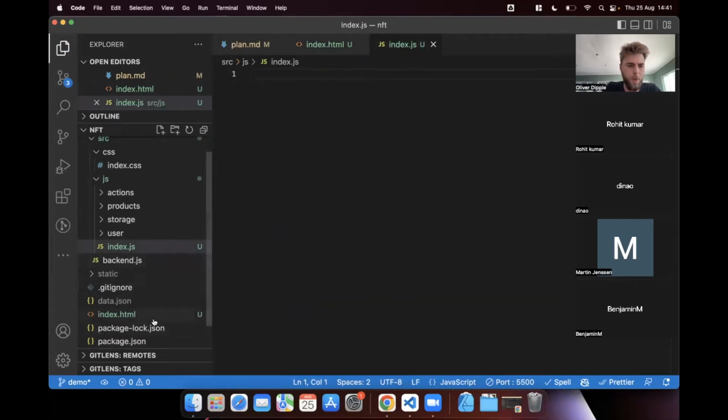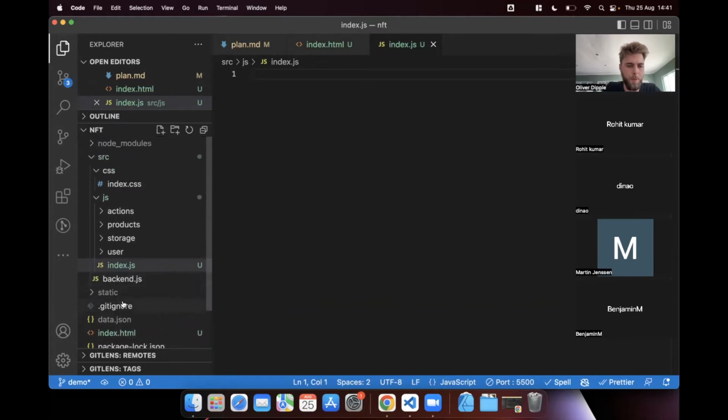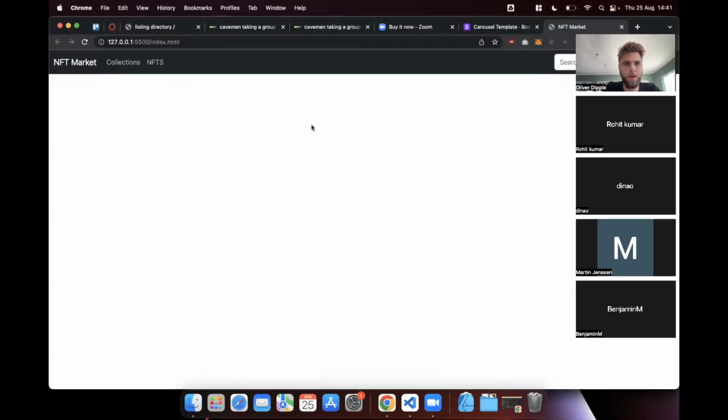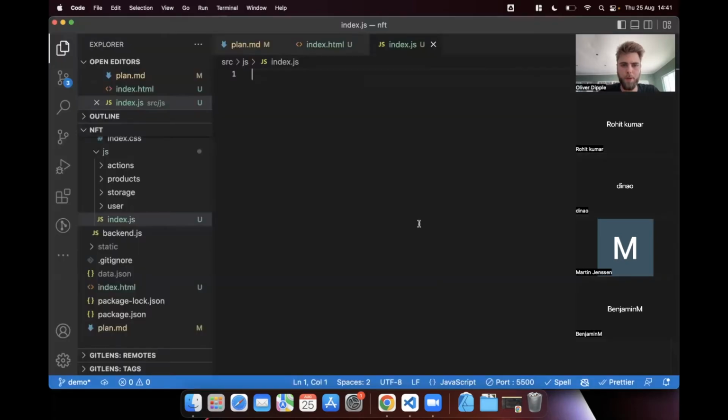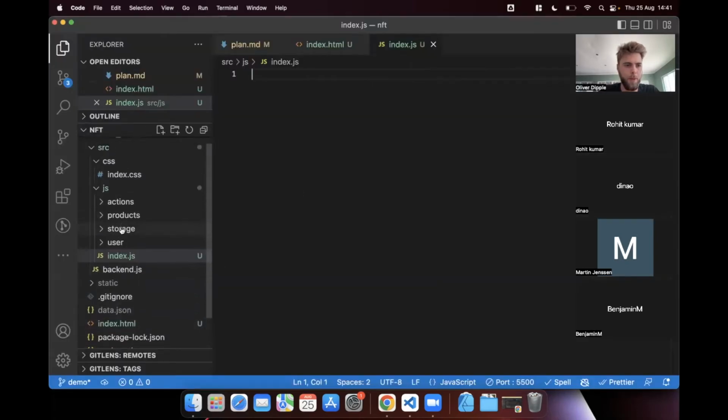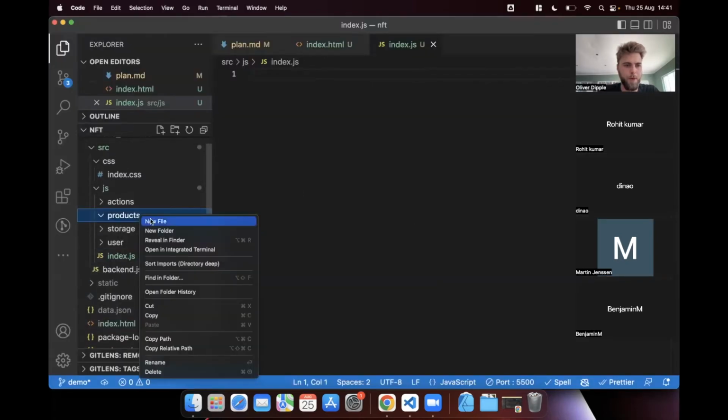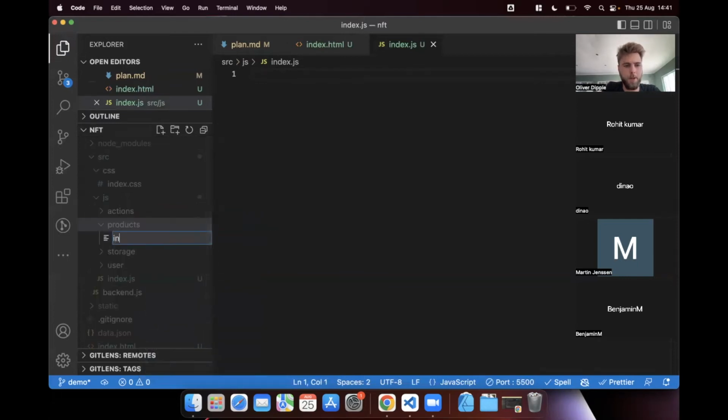Okay, so now we are hooked up. We have an HTML file that's going to respond to our changes. But the HTML work is far from done. So if we go back to our scripts and create a products file, exactly the same way that you have index.html and index.js,